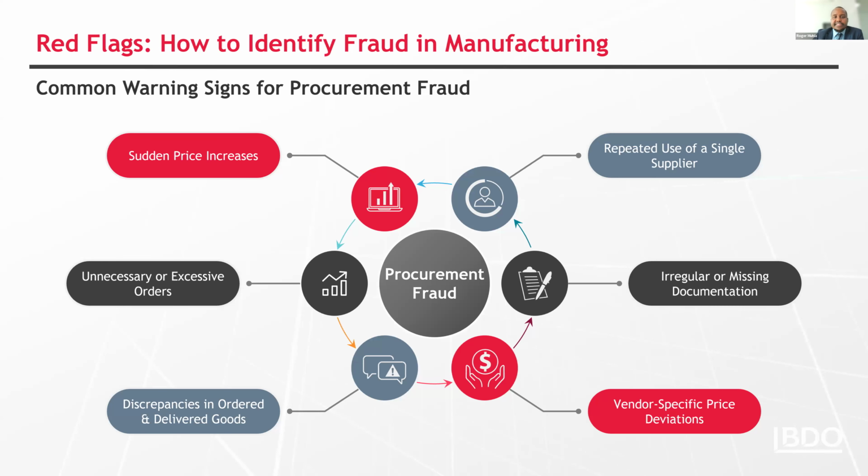As we've seen, fraud in the manufacturing industry can happen at various stages, whether through procurement, production, inventory, or distribution. And it's essential to know what to look for, because early detection can save your company from significant financial losses and operational damage. As we've seen in the previous cases we've looked at, the cases go on for years. The ACFE statistics said that fraud in manufacturing usually goes a year without being detected. And the way to counter this is to identify some common red flags that can help prevent and identify these